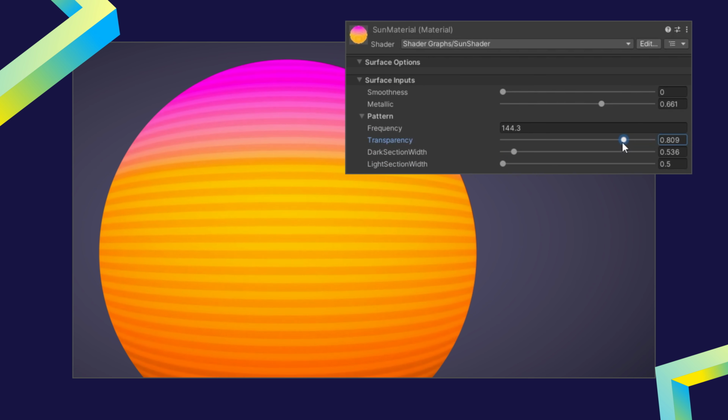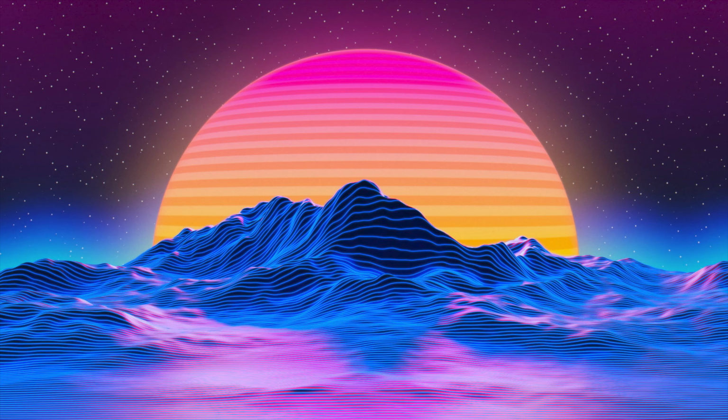Let's revisit the reference image, now focusing on the terrain. The key features include lines, again, that trace the mountain ridges. These lines seem to react to lighting in a way that makes the terrain appear more dynamic. The brighter areas are also highlighted with a different color, adding depth to the scene, and the colors are minimal. Blue for the lines, pink for the illuminated areas, and the dark, almost black background. These are also highly saturated, vaporwave style.